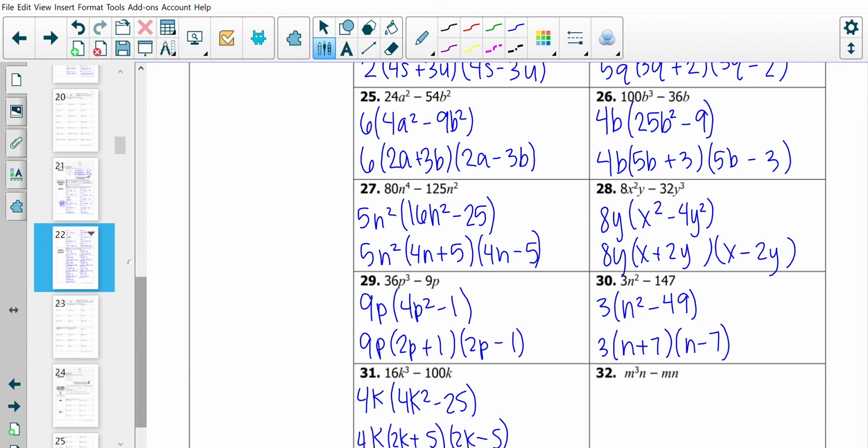Okay. And on 32, I can take mn out, and I'd be left with m squared minus 1. Okay, so I have mn, m plus 1, and m minus 1. Okay,